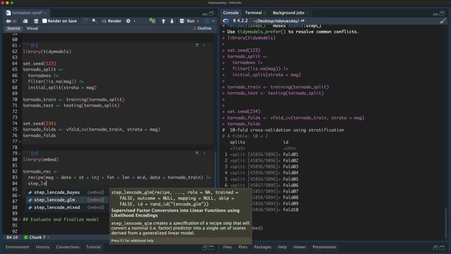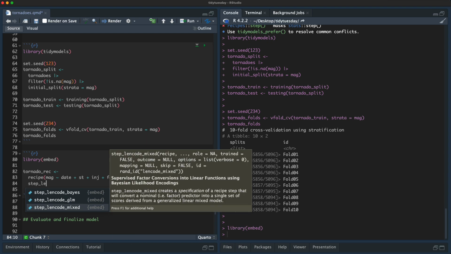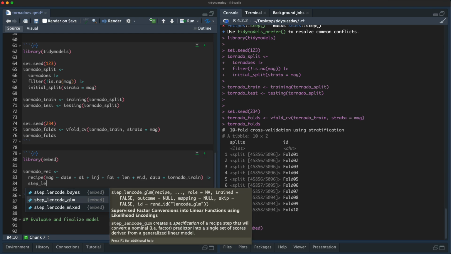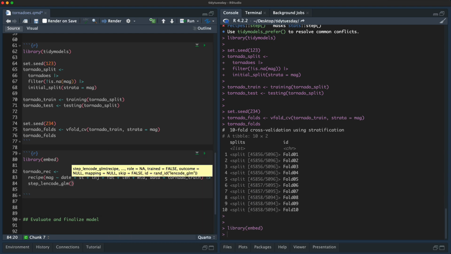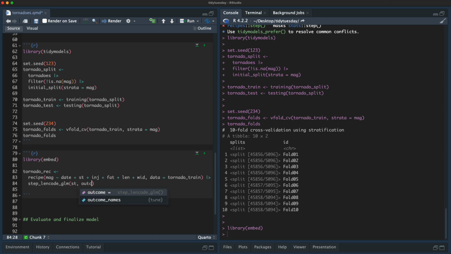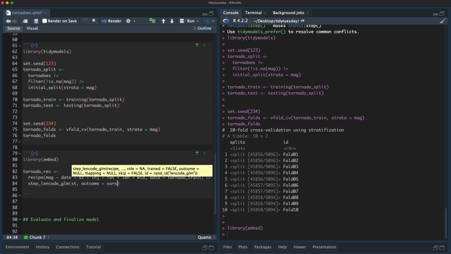I could do it with regular old GLM, or I could do it with these fancier methods. In the interest of time, let's do it with GLM. The variable that I want to encode using a likelihood or effect encoding is the state. And this is a supervised process, so I have to send in the outcome.